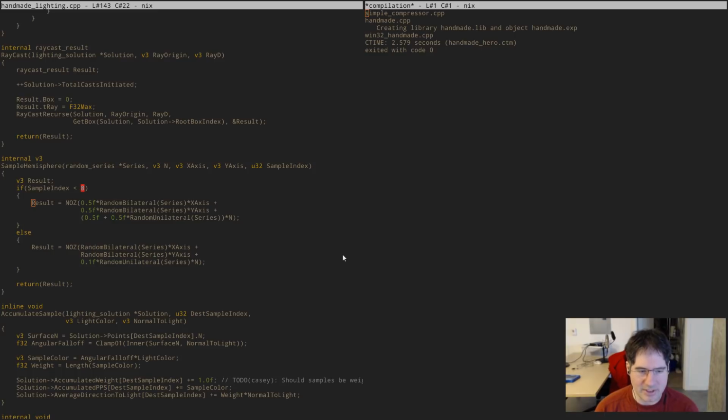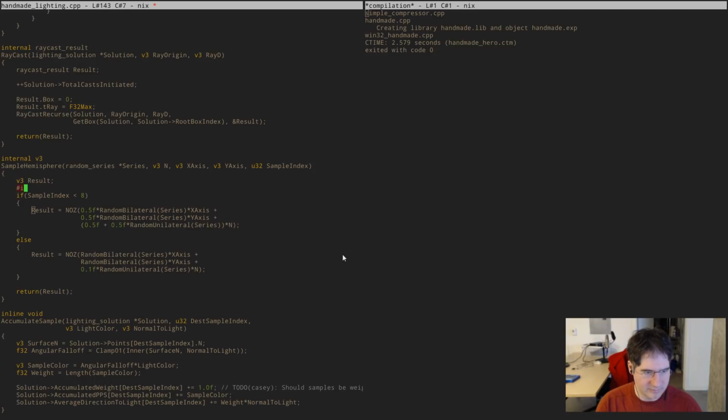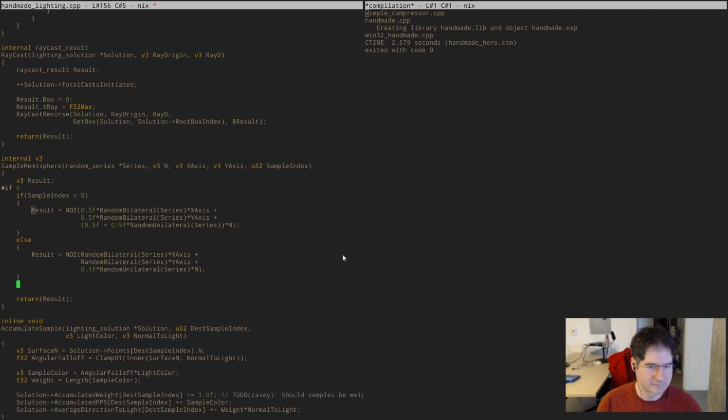So the question is, how are we going to break up the hemisphere into pieces that will work well like that? And so, like I said, one way I think to do this would be to do a hemisphere table that lets us pick a base vector that we've pre-distributed around the hemisphere and sample off of that. The way I'm going to do that first is I'm just going to do none of this. Instead, I'm going to say, all right, when we sample the hemisphere, I'm going to take a table that we have,